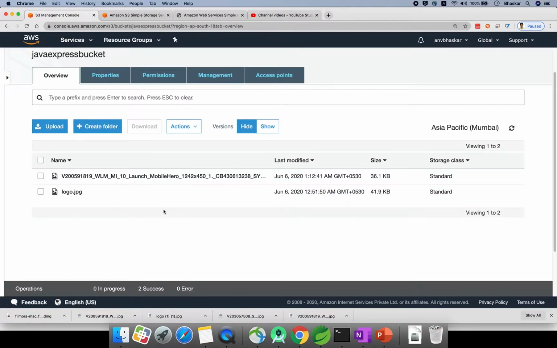So whenever someone uses your S3 bucket, who is using it, who is deleting, and if you have given access to other users also, who is accessing it and how the requests are coming. If you want to get all these logs, you need to enable server access logging. Where you can find it: this is an S3 bucket, click on Properties.